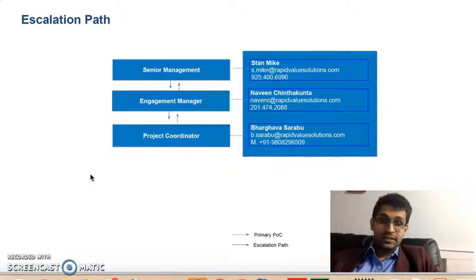And if it still doesn't get resolved from there, we can always approach Stan Mike, who is our CTO, and I'm sure we will not go there, and we will make sure that all problems are resolved at a lower level.